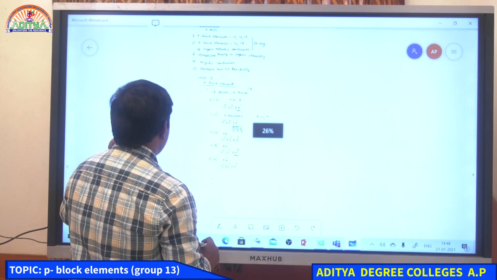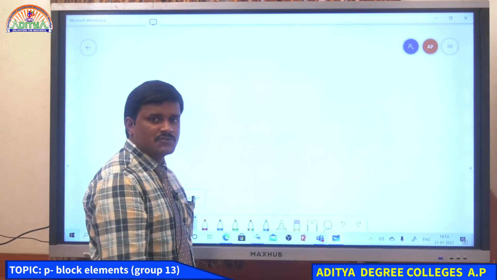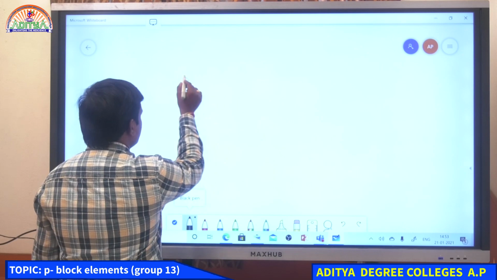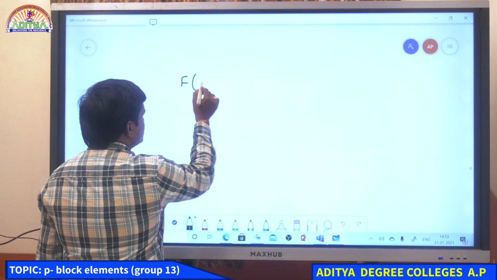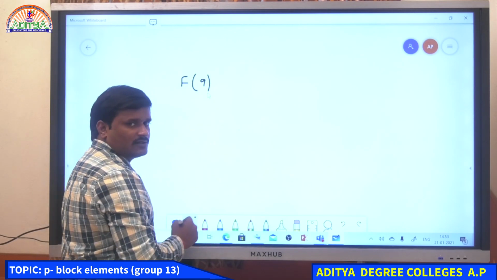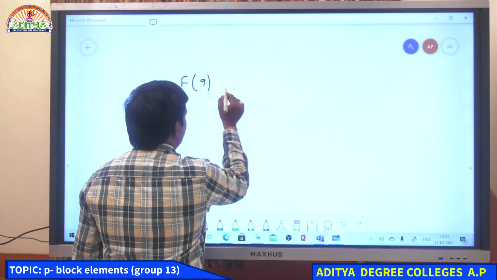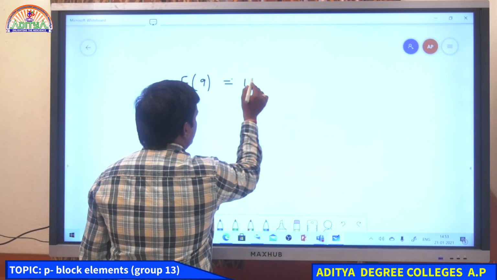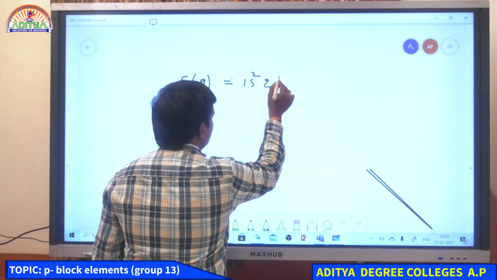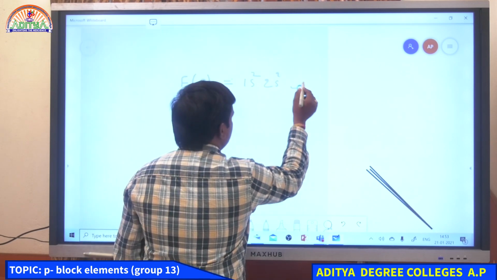And next example, fluorine. So fluorine is having atomic number 9. Therefore, there are 9 electrons and the configuration is 1s2, 2s2, and